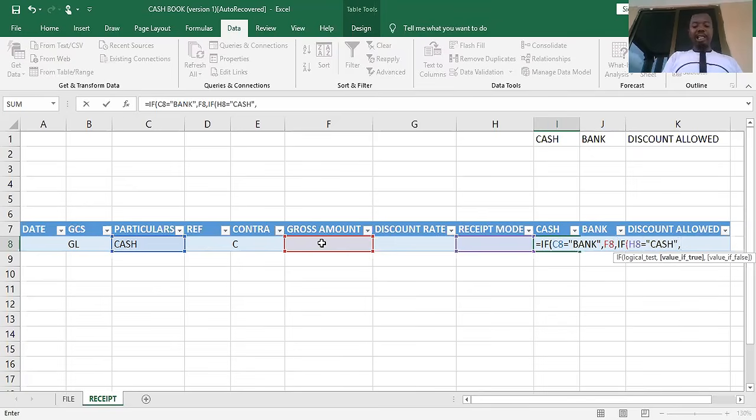This amount is in cell F8. Brethren, this F8 is the gross amount. A time will come when you'll be receiving from a customer, then you allow the customer a discount. In that situation, we don't expect the entire gross value to be transferred to the cash column. What we rather expect is that the discount value should be deducted from the gross and the net value appears at the cash column. So in this case, we will subtract any available discount from the gross amount,